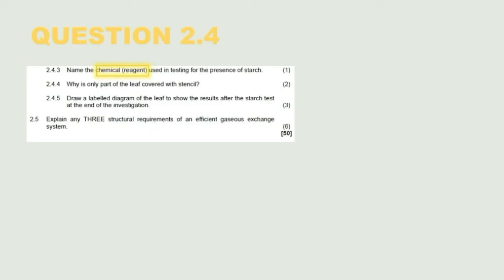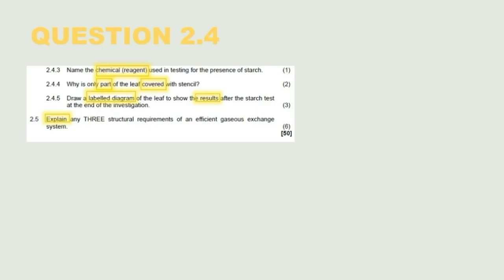Then question 2.4.4, why is it only part of the leaf that was covered with the cardboard box? And then question 2.4.5, draw a labeled diagram of the leaf to show the results after the starch test was done at the end of the